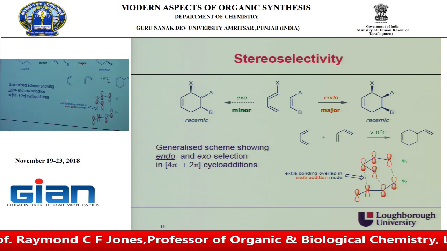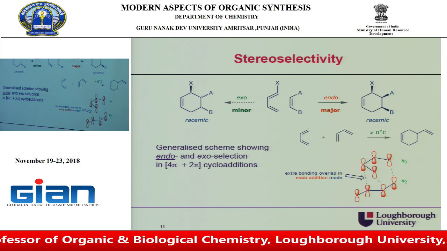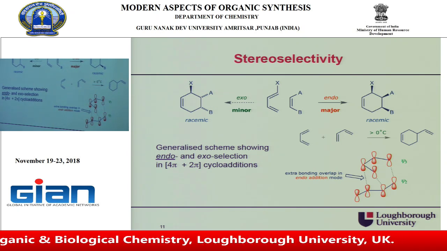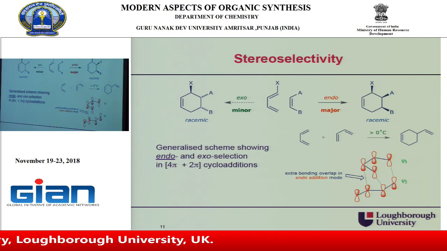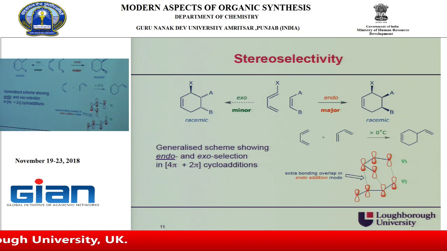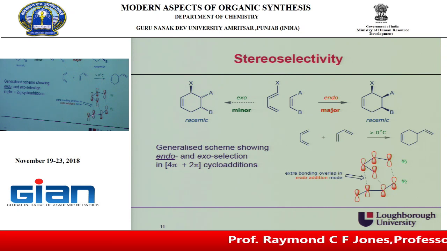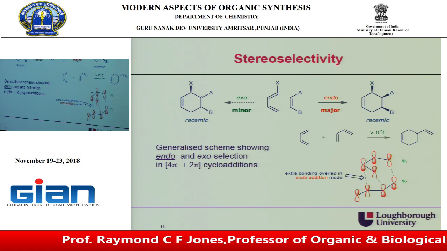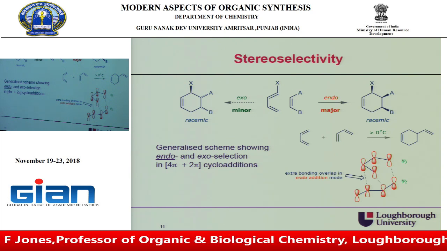So I should really have an extra positive overlap. It's not really bonding because it's never going to form a bond, but I'm using bonding in the sense of constructive or good overlap. And we're saying that that favours kinetically, so lowers the energy of the transition state, is another way of saying it, of the endo one, despite the fact that it's sterically more crowded by this substituent being kind of underneath the back of being close enough to have that interaction. So for the kinetic product, the fastest formed product,